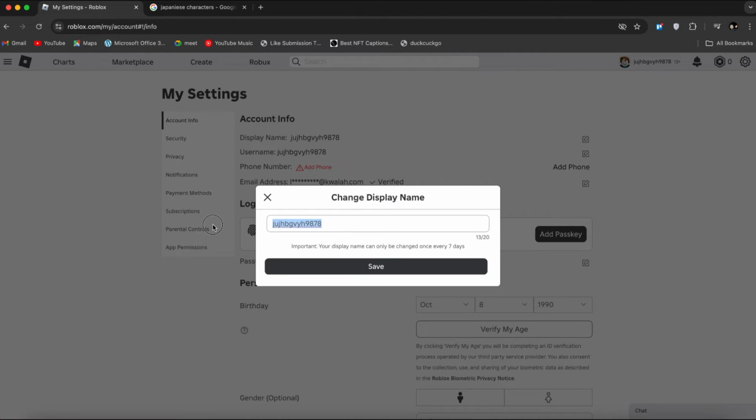It's important to know that you can't mix English letters with Japanese letters in your display name. For example, using your English name along with Japanese characters will result in an error saying it contains unsupported characters. However, if you use only Japanese characters, like adding a Japanese letter here, you'll be able to change your display